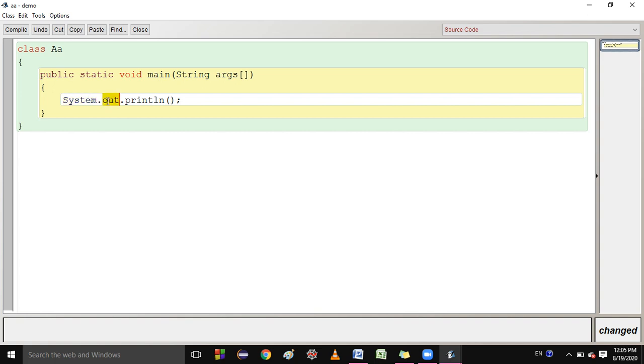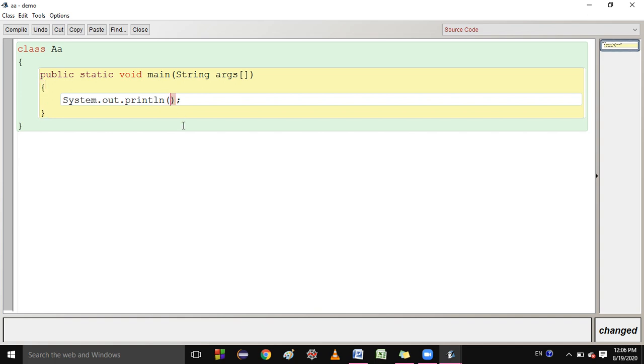So the term came here: a static variable must be called by the class name. System.out basically, and println is the method name. You know that it is a single word and all the letters of println are small, after that there is a bracket.